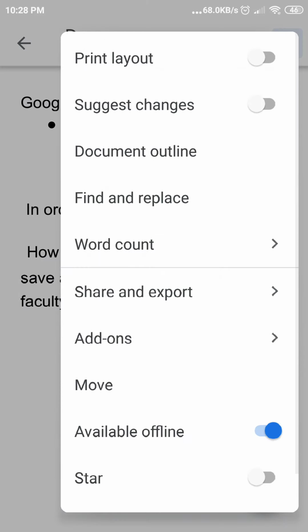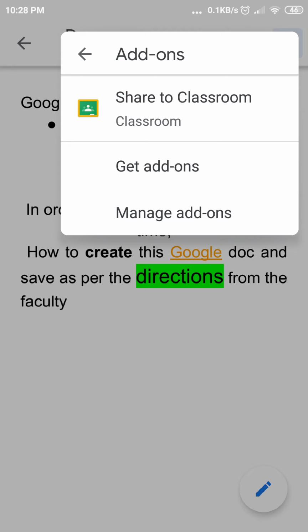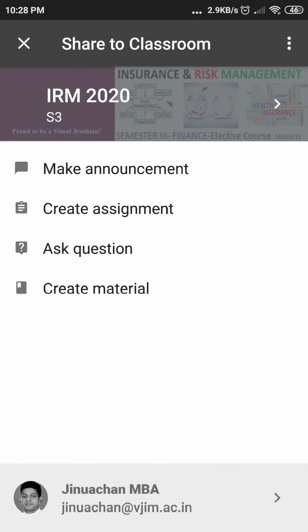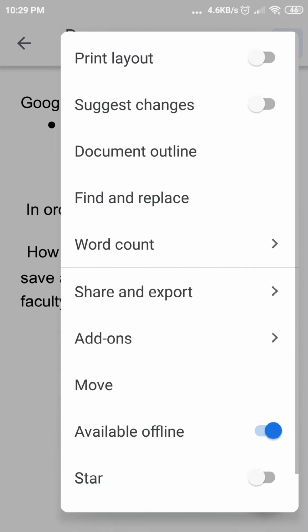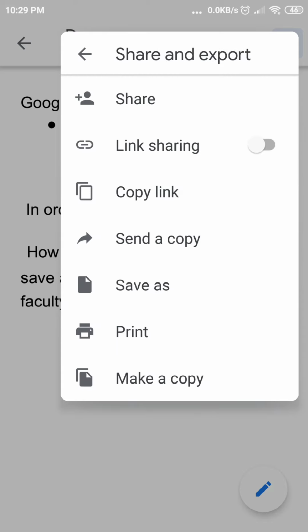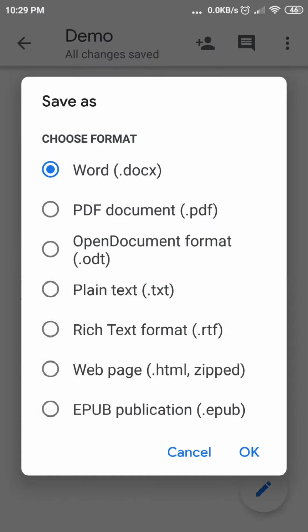So there is a star mark you can put, or you can move. Then something like add-ons, so I can use an add-on in order to share to the Google Classroom directly. So this moves to the Google Classroom and any assignment that is available, since it is for teachers, so you can just update it to that, or you can save and share, etc. I will be sharing it to, sorry, I'm saving this to the Google Doc, etc.